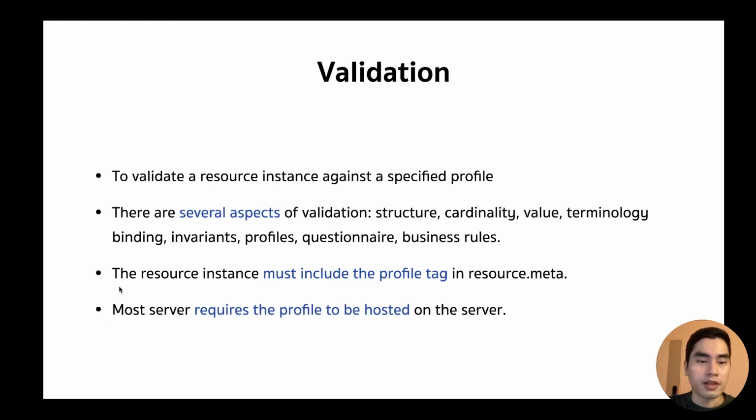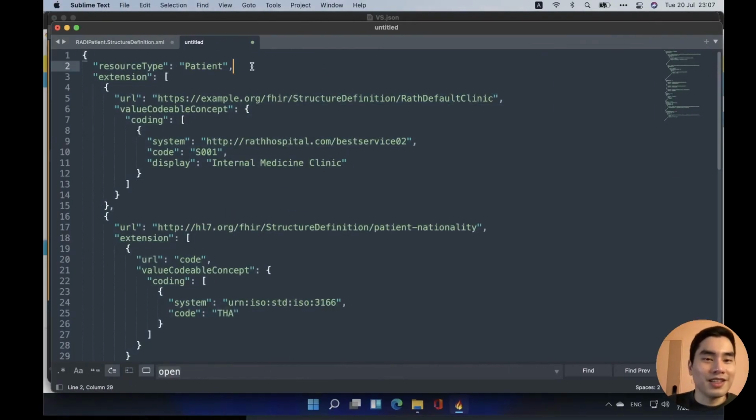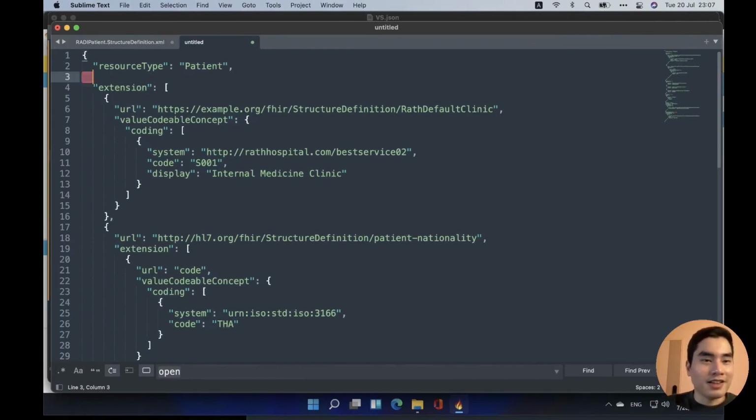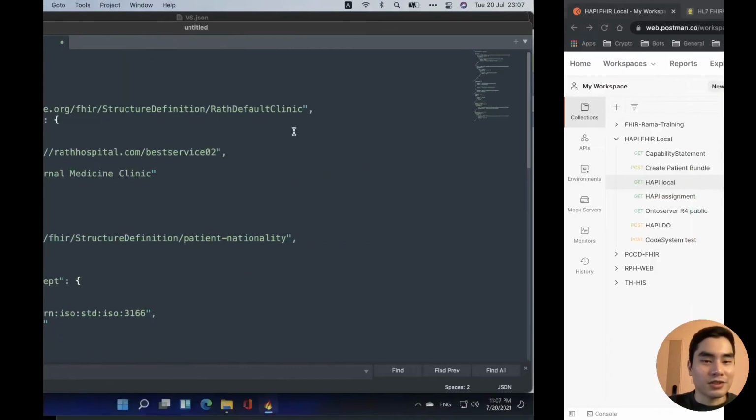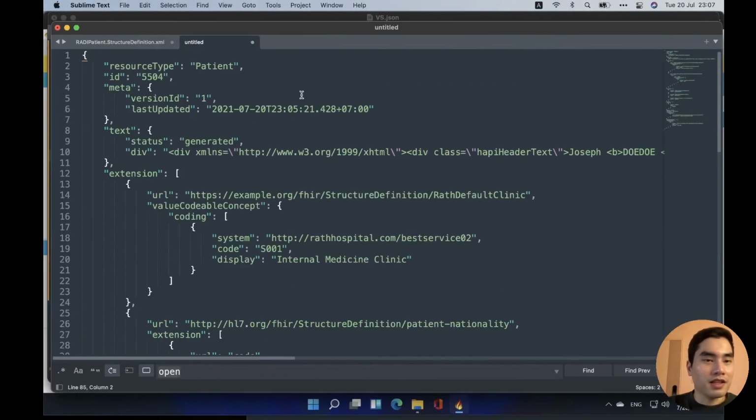Two important things: the resource instance must include the profile tag in the resource.meta. Oh, I completely forgot to include the profile tag here. So come back here a bit, and yeah, meta. Oh, okay.